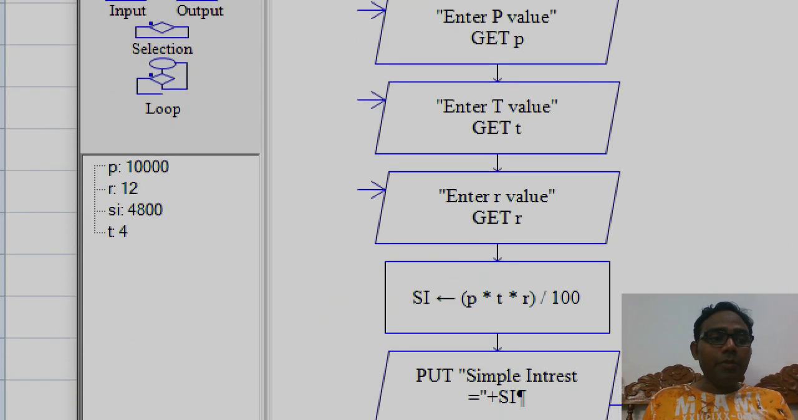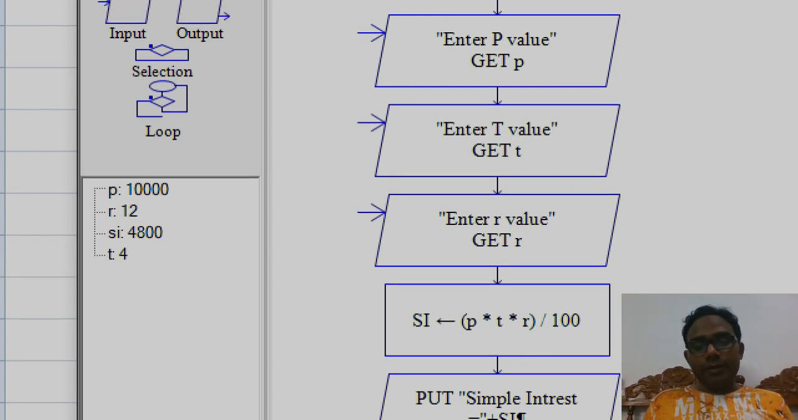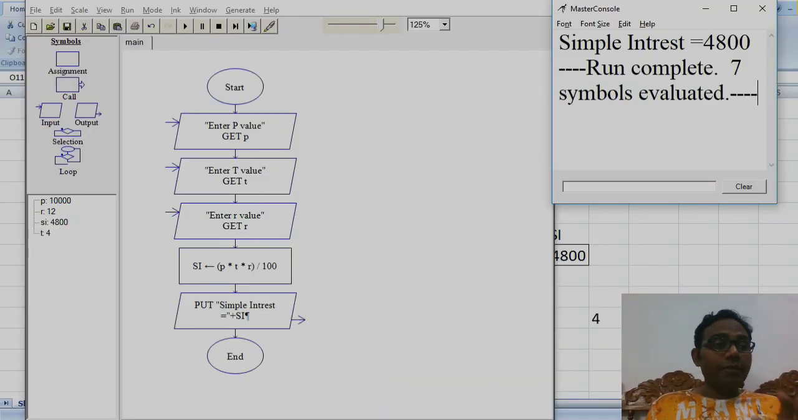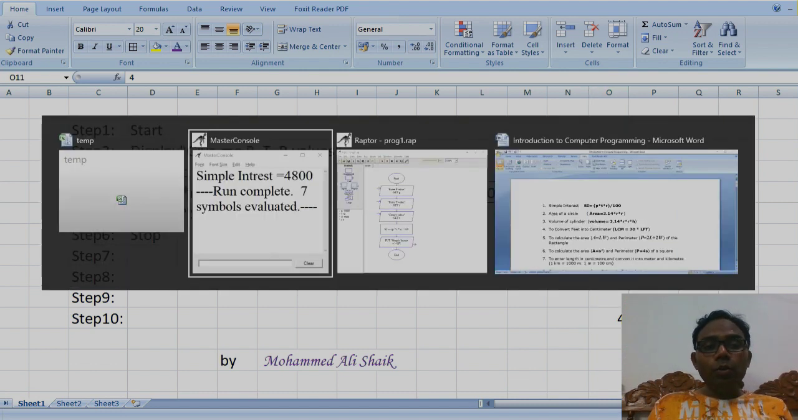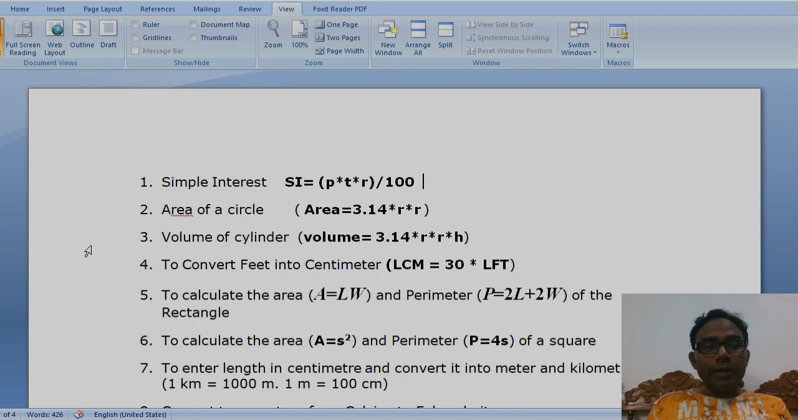left hand side you can see P value is 10,000, R value is 12, SI value is 4800 and T value is 4. Maybe not in the correct sequence what we have provided, but we got the exact values. So this is the first flow chart we have drawn first, and this is the first algorithm what we have written. Now you can pause the video here and you can try to write the flow charts and algorithms for